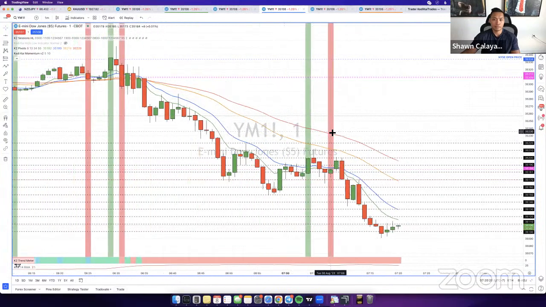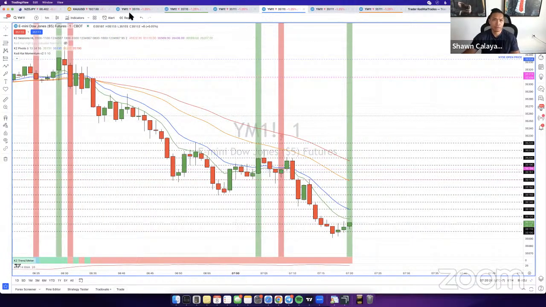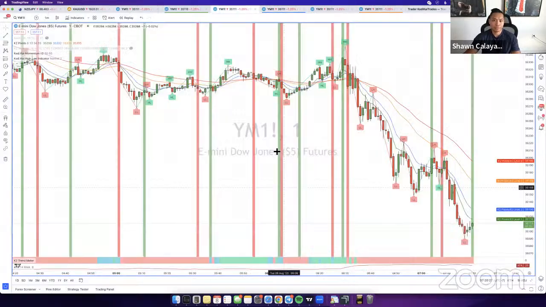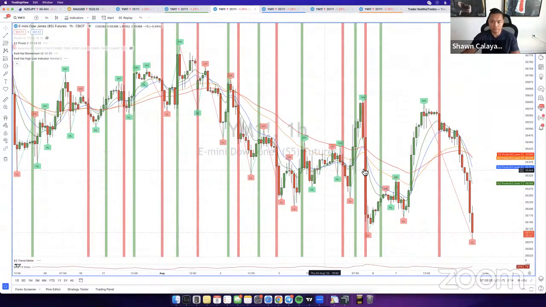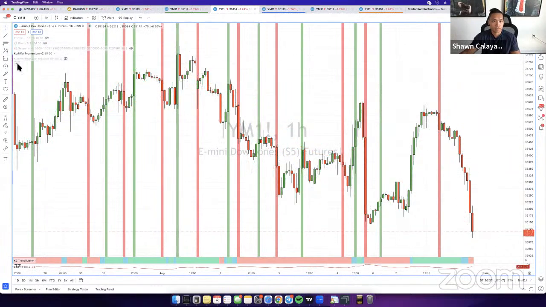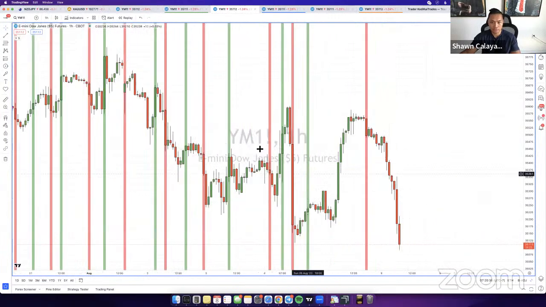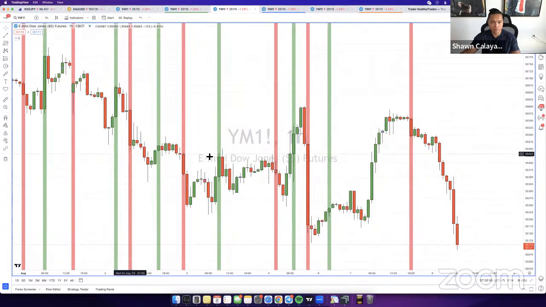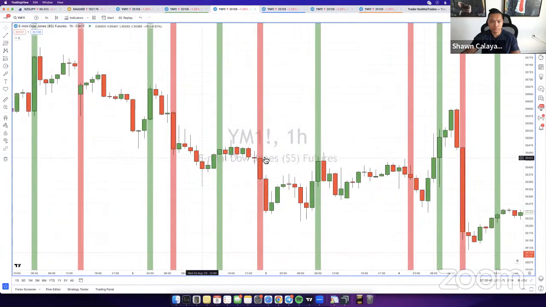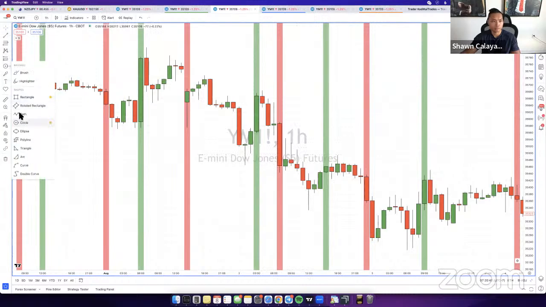I'm curious now if that's something I can look at on the higher time frames. It seems like a higher time frame type strategy too. But I'll save that for another day. Maybe if I go here to the 1 hour. So this is pretty much how I come up with strategies. I just look at patterns on the chart with my indicators, and once I see patterns, I'm able to identify them. Yeah, it looks like it works well here on the higher time frames.